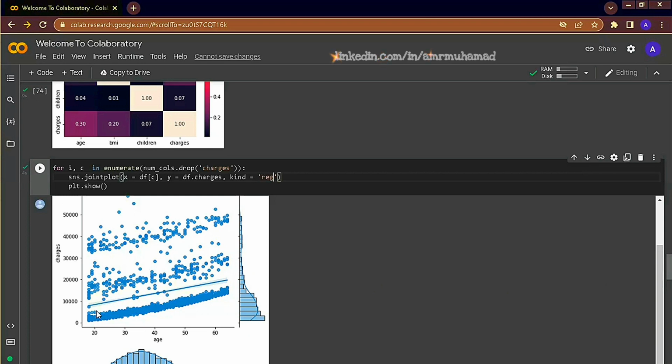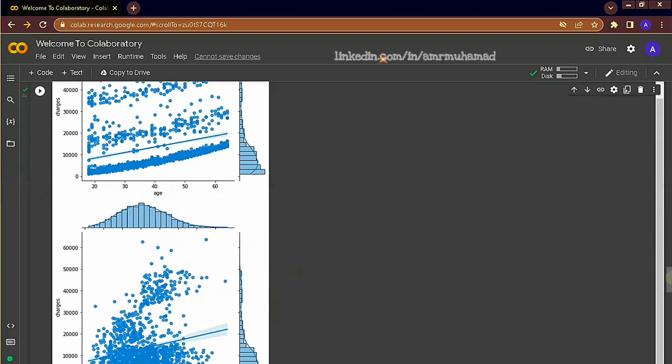Regression is basically a statistical technique that relates a dependent variable, and here the dependent variable is charges, to an independent one being age, and captures the relationship between those two variables in a specific equation, and this line represents this equation. So if we are to make a prediction, we use regression, and our regression line or the line of best fit will fall in this area.